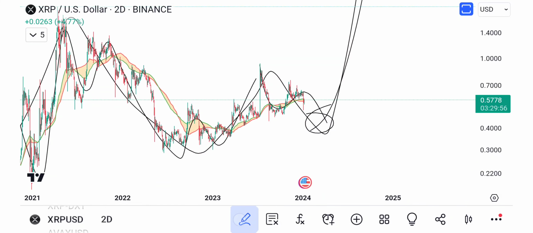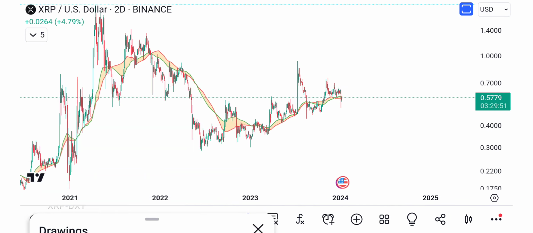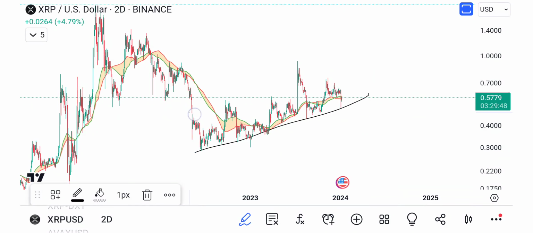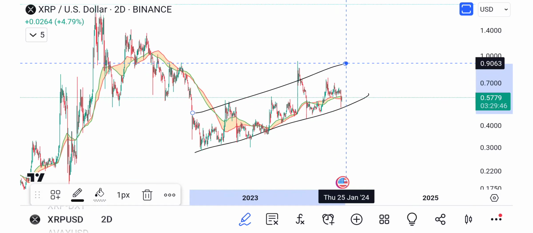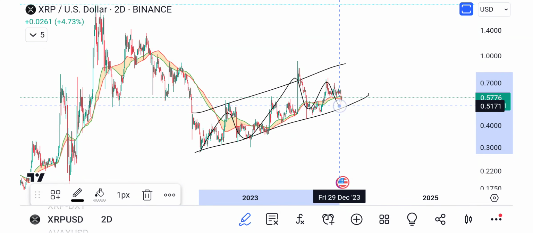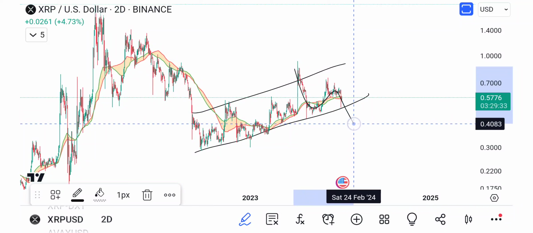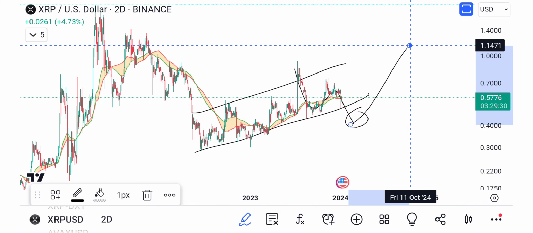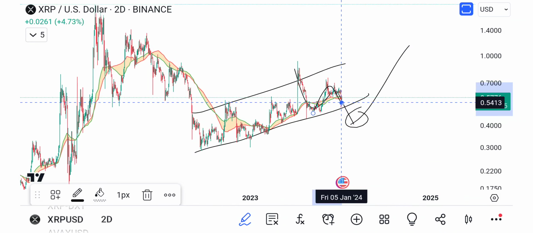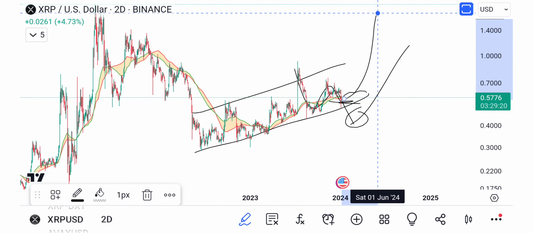Same thing, what we're doing now. So you could take both of those fractals, you know, we have our channel, right? Something like that. And again, you have a 1, 2, 1, 2, 1, 2, right? Those three hits right there. Same thing, right? So the question is, is this an A, B, C, grab the liquidity, then go? Or is this sort of a 1, 2, we're holding above support, we're sort of meandering about, and then we start to go? Either way, it doesn't matter.